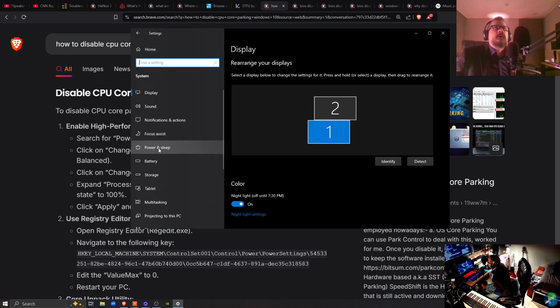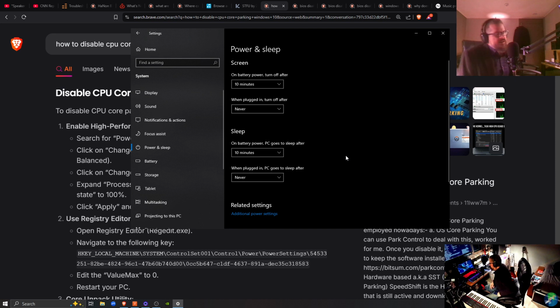System, power and sleep. And again, for different Windows 10 users, Windows is so awful, man. This is going to be different for different Windows 10 users navigating this, because I recently read an article on this subject by a Windows engineer or programmer, whatever he is. And he said it's different for everybody because they're just gradually changing all this from update to update, right? So, but anyway,